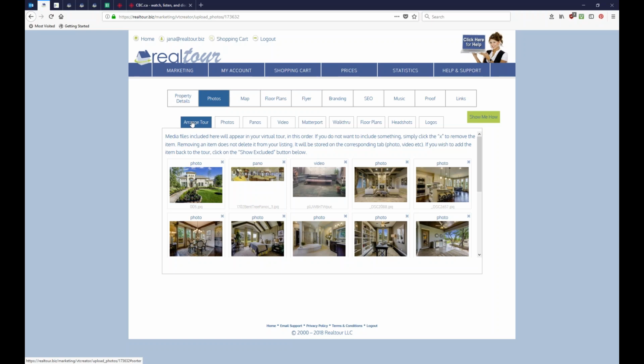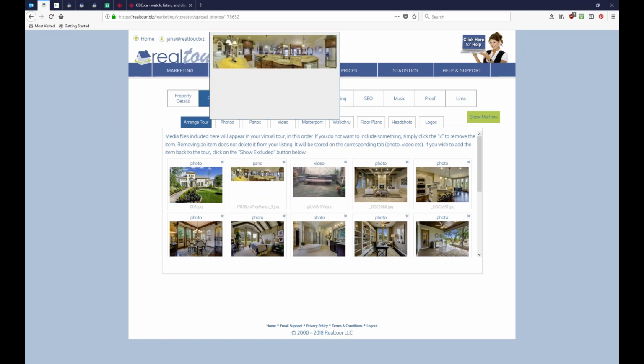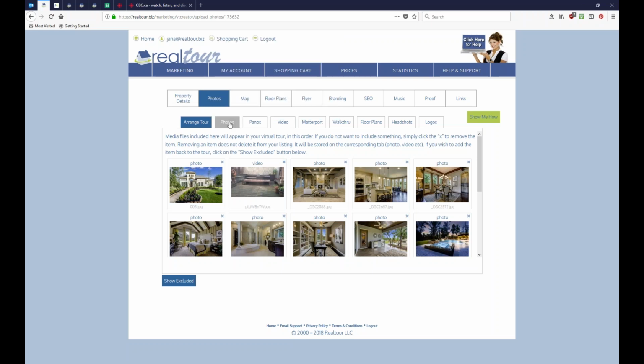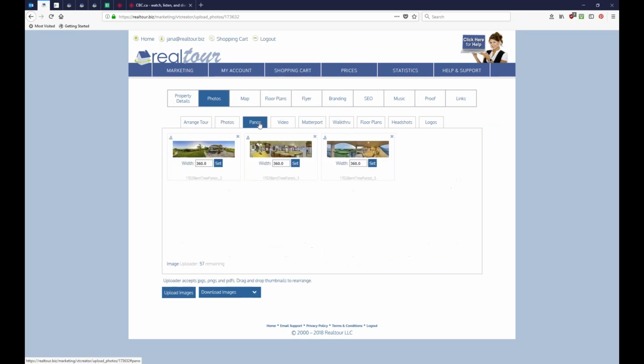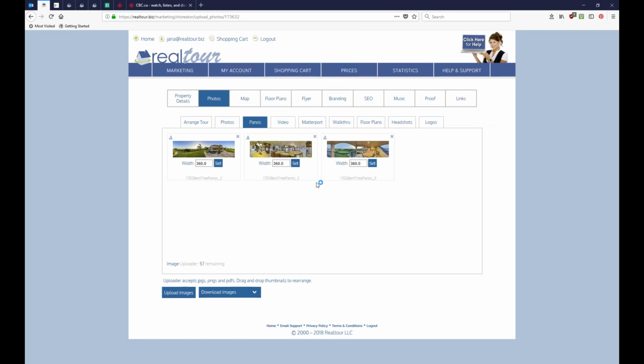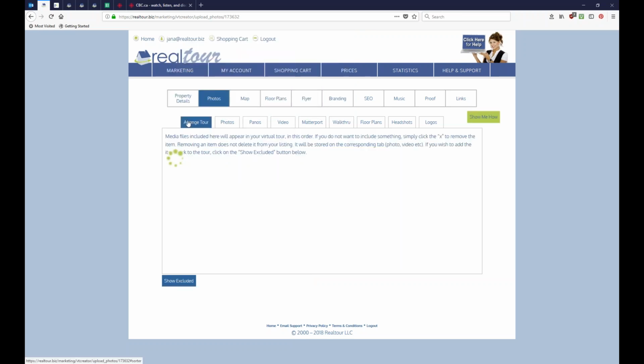The other nice thing about the Arrange Tour is that you can delete a picture out of your virtual tour, but it doesn't delete the picture out of the listing. So if I go back to photos and panos, that picture I just deleted is still here, right? So I can keep that picture in my listing, but it just doesn't show in my tour